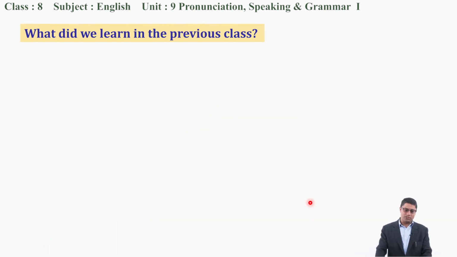Do you know what we did in our previous class? Can you recall them? Try to recall, okay? Alright, I hope you have already recalled. Now, can you share what we did? Very good. We read the reading text, the leap between high school and college, as well as we did different activities based on that text. Let's look at what we discussed in our previous class, what we learned.